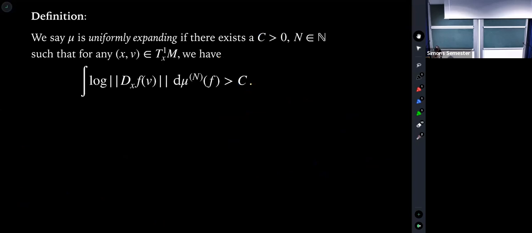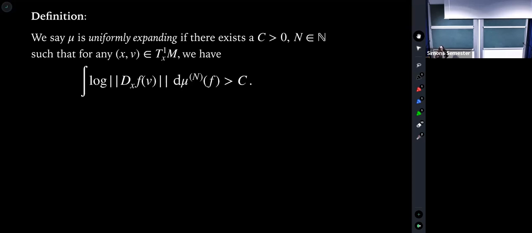All right, so what is uniformly expanding? Uniform expansion says that there is a step of my random walk after which every vector has grown on average under my random walk. A key thing to notice here is that this is for every x and every v. This is not a property that holds almost everywhere, as is more often what we ask for. This has to hold at every point. When you first see this, it looks like it's quite a strong thing to ask for. I have to have expansion at every point.